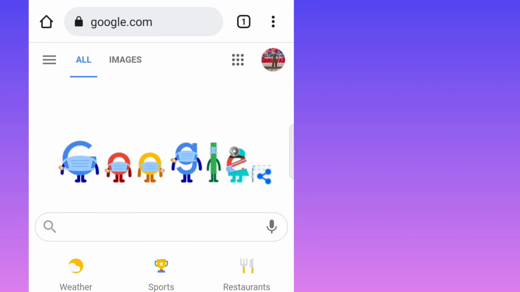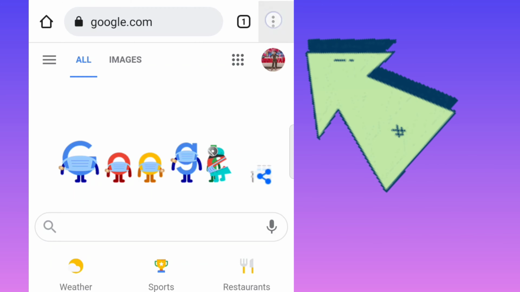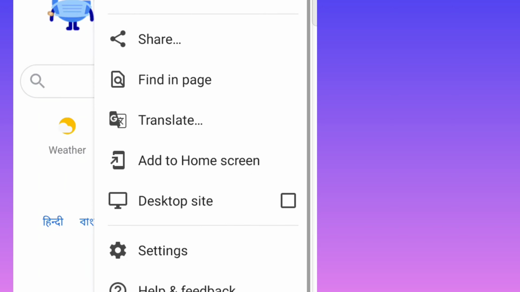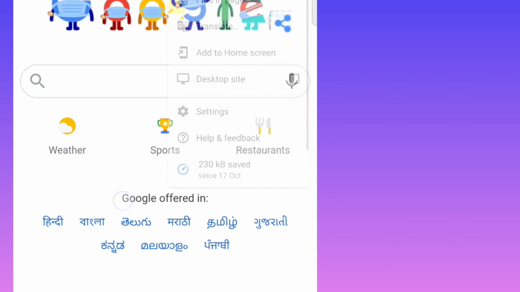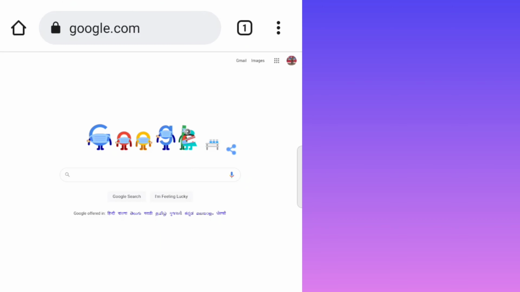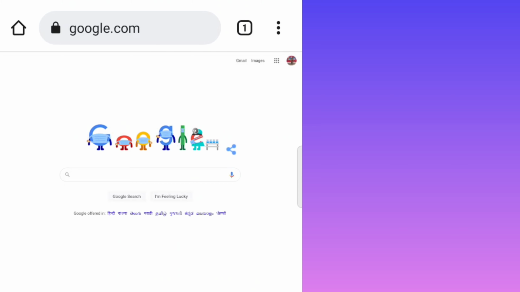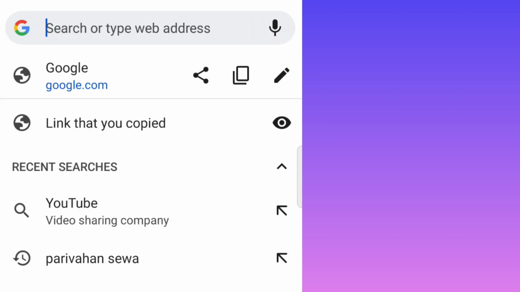So the second step is we have to click on the three dots which is on the top right corner and we have to select the desktop site. Now we are almost done. Wait. No, not now. So I will click on the search bar and will paste the link which I have